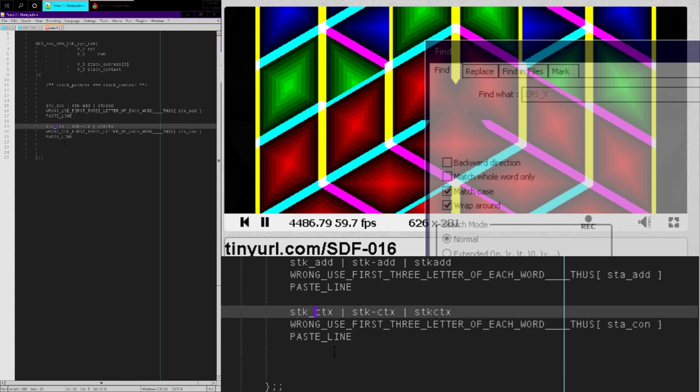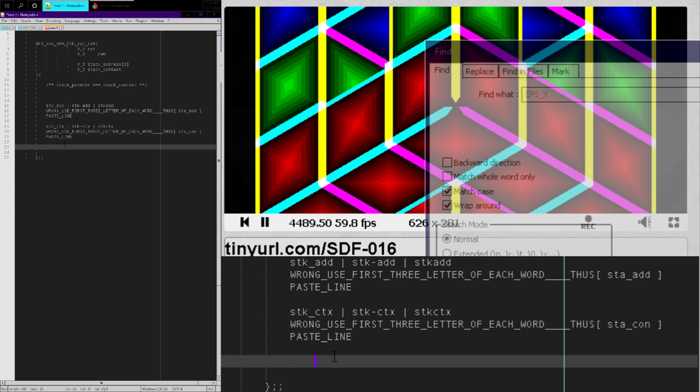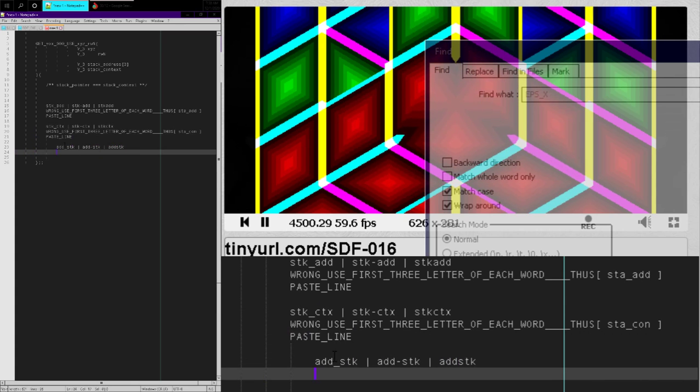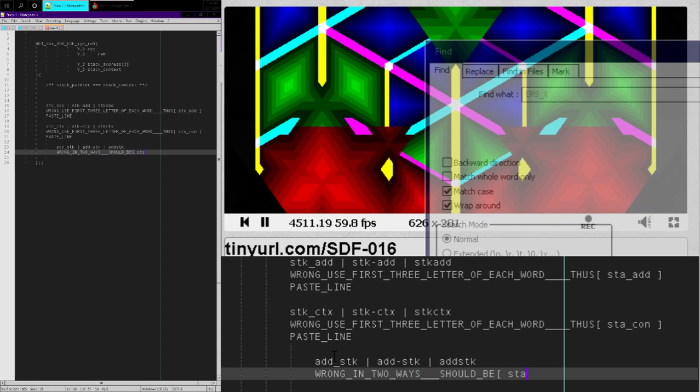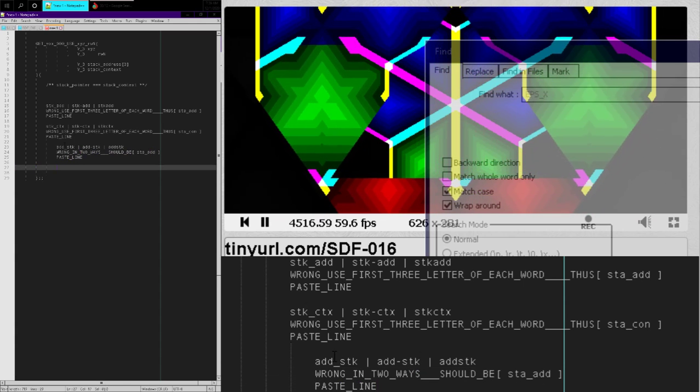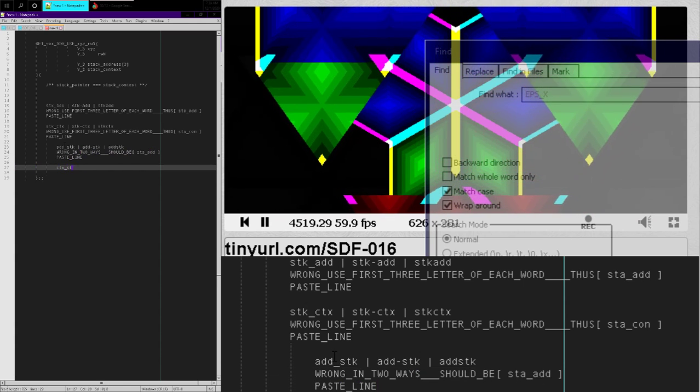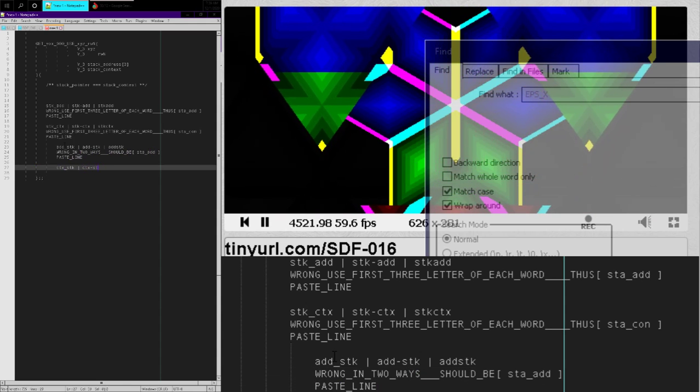So the next thing is we should probably take the inverse of these phrases. So add STK, and add STK. Wrong in 2 ways. I'm not even going to explain what's wrong now, because it's going to be too verbose. So we're just going to say it's wrong in 2 ways, and we'll leave that at that, right? So then if it's CTX STK, or CTX, and then STK,